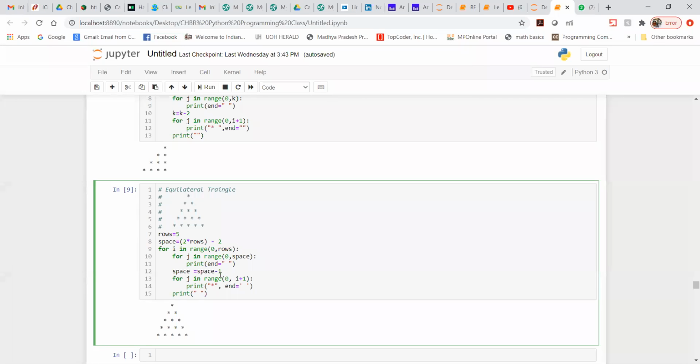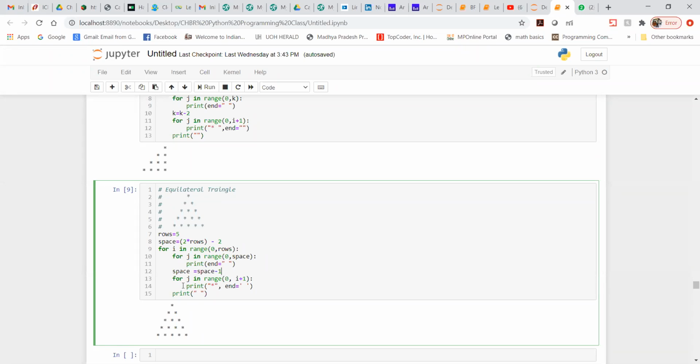Now my space count is getting reduced by 1. Earlier it was 8, now after the minus 1 it is going to be 7. Again it will print a space, and it will keep doing the same thing until it finds